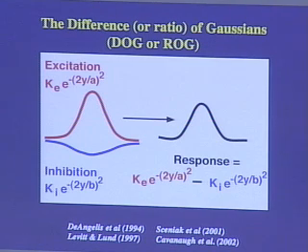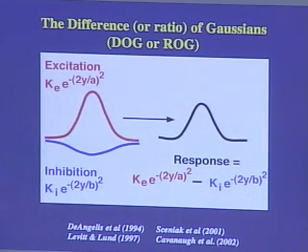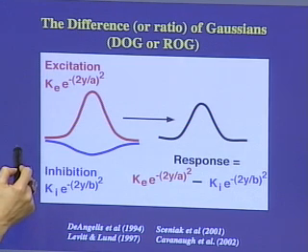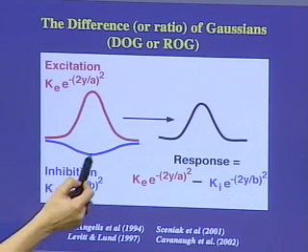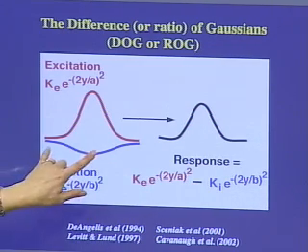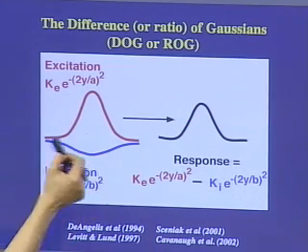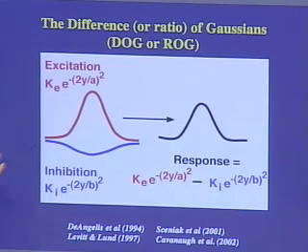These studies typically model the response of a V1 neuron using simple statistical models. They are difference or ratio of Gaussians, whereby the receptive field center mechanism is described as an excitatory Gaussian, and the surround mechanism is an inhibitory, spatially broader inhibitory Gaussian. Now, this model predicts that stimuli in the surround region, in the far surround regions here, can only be suppressive, and this is due to the spatially broader inhibition.